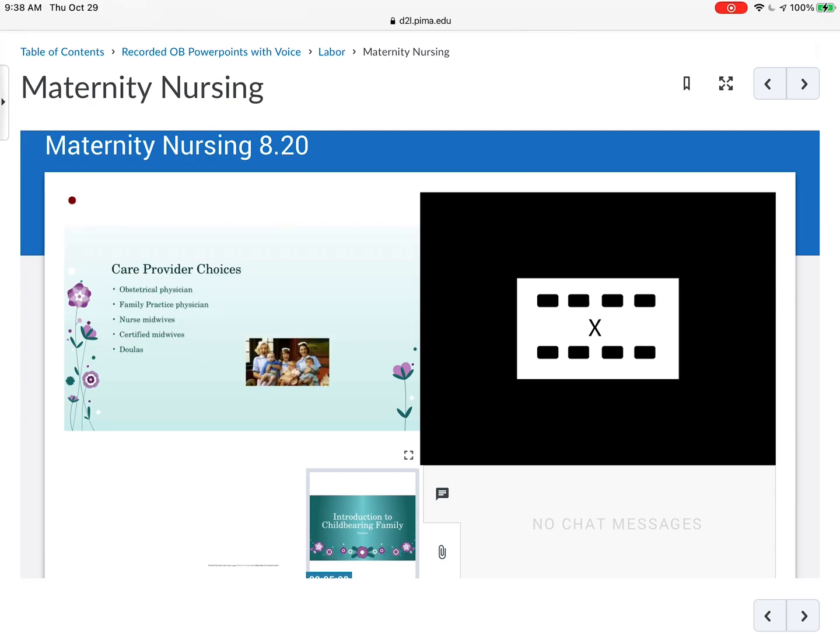So you can take a look at some other things that have developed. Today, when we look at care provider choices, we have the obstetrician. That is the doctor who's specifically trained for labor and delivery and to meet the woman's needs as far as prenatal and preconception care. They're the ones, most of the doctors that you'll see, that will deliver. When I first started, I didn't know a woman doctor that I worked with, and now there's quite a few women OB doctors. There's family practitioner physicians, and you don't see a whole lot of them delivering in the big hospitals. Malpractice is pretty high,